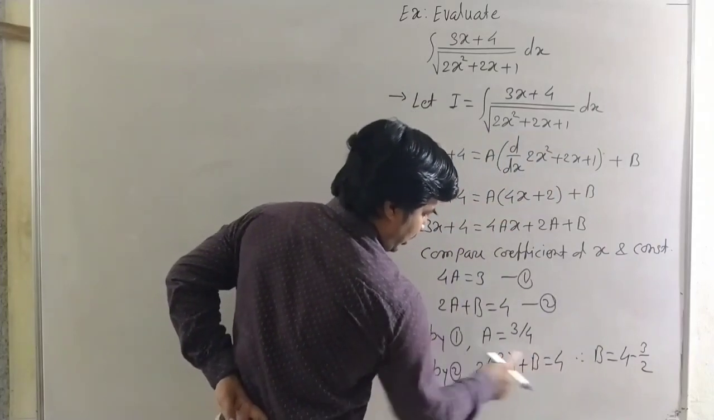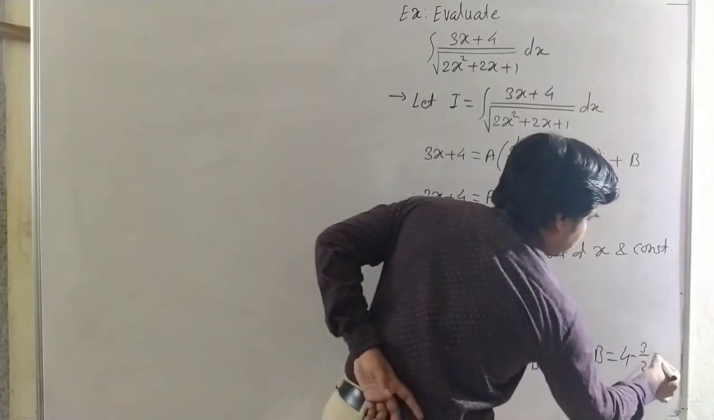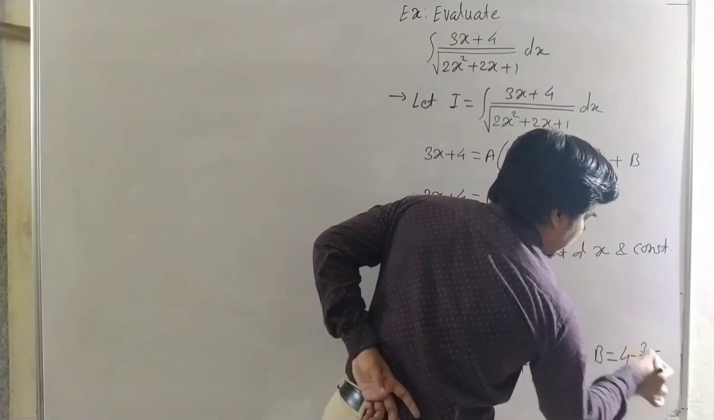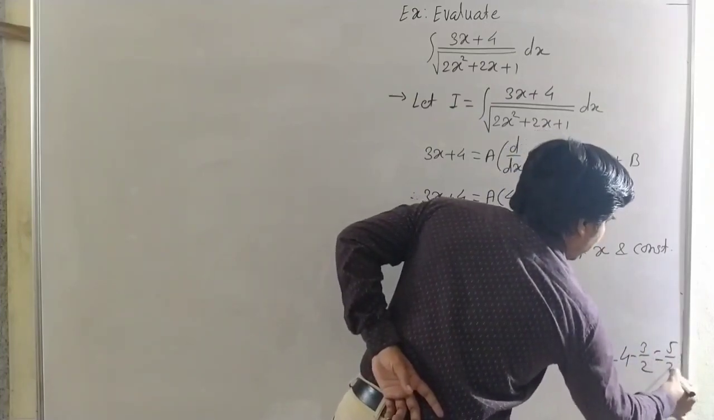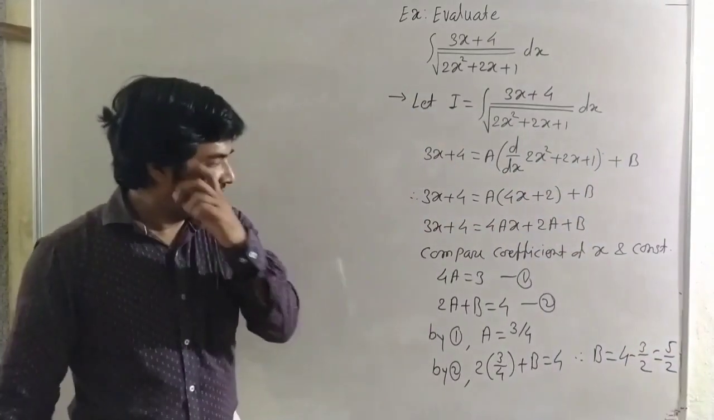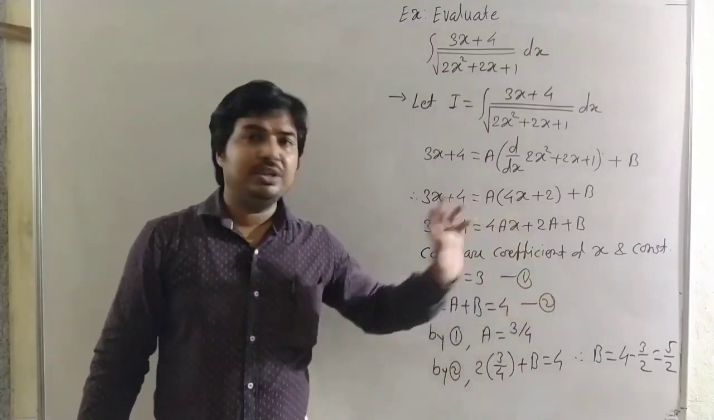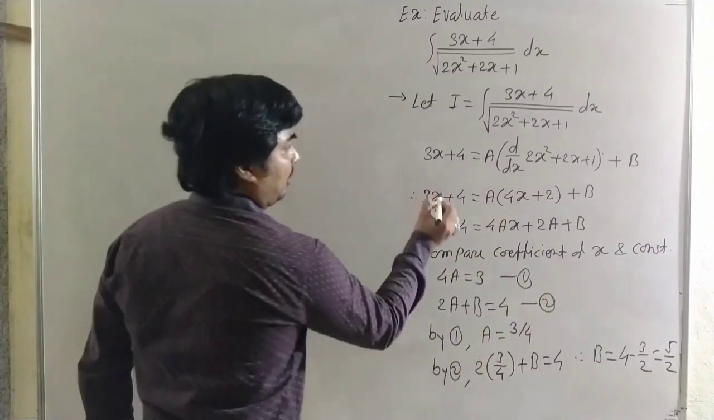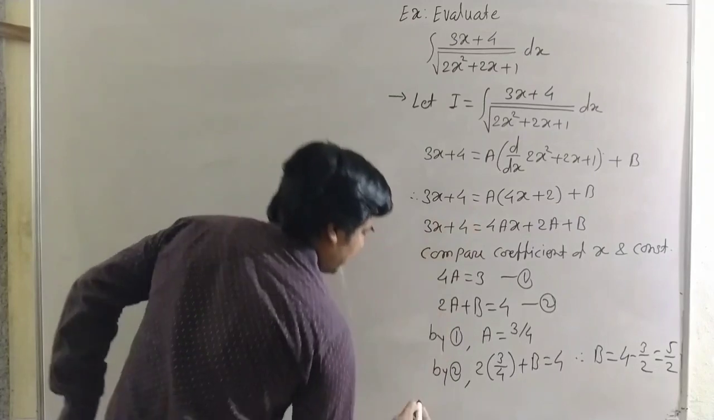Therefore b is equal to 4 minus 3 by 2, and that is here 8 minus 3, that is 5 by 2. It is the value of b. Okay, a is equal to 3 by 4 and b is equal to 5 by 2. Therefore this linear function can be written as